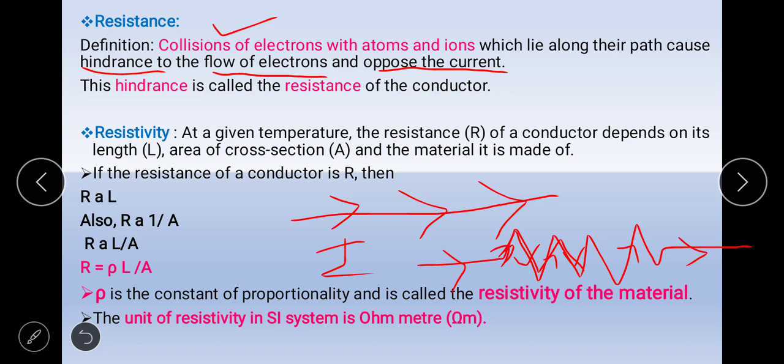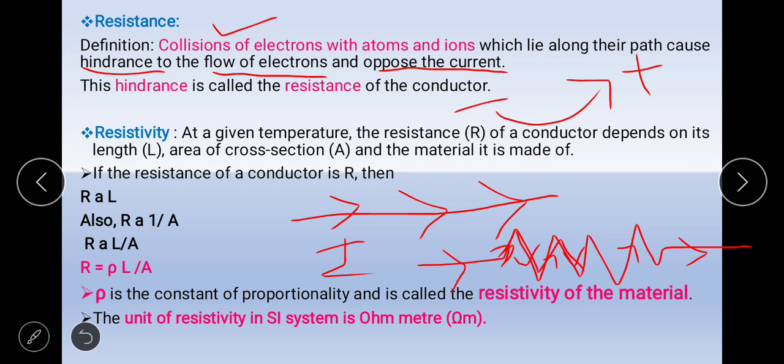As we saw in the previous lecture, there was a conductor and there were many random electrons in that. Those electrons are called free electrons in the conductor. As there are a large number of free electrons in the metal, they are constantly moving in a random motion. But when a potential difference was applied between the two ends of the conductor, the electrons started moving from the end at lower potential to the end at higher potential. That is the natural flow of an electron. So this directional motion of the electron caused the flow of current.